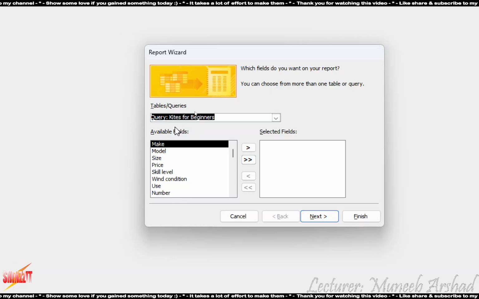Available fields means how many fields are there in this particular query? Do you want all of them or do you want a few of them? Which ones do you want to add, which not?